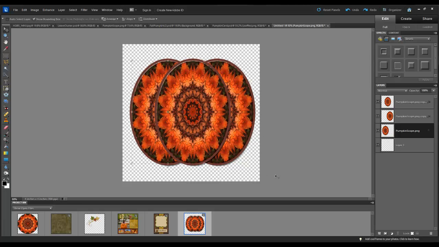And there we go. So now you've got all 3 layers dispersed into a pumpkin shape. Now you can go ahead and check the Auto Select Layers option again so that that's back on. Before I move to the next